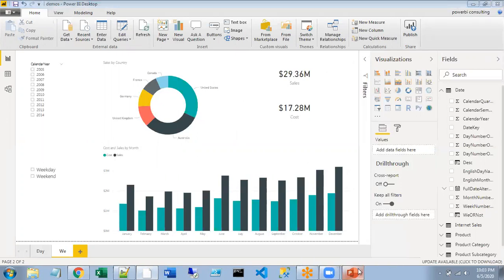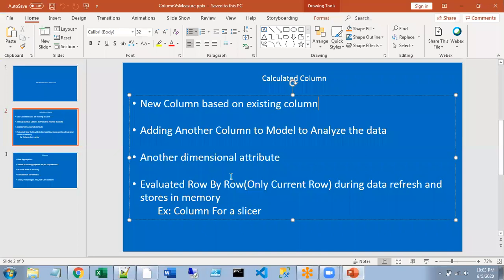It's very simple. So as I said, your calculated column is going to be a new dimensional attribute, right? So usually that is going to be used as a slicer. It's not only a slicer. You can use it as a row. If you have a matrix, you can use it as a column, or a legend. So all these are the places you will be using your calculated column when you are designing your Power BI reports. Okay, and the other information, the downside about a calculated column, is that it uses your RAM.